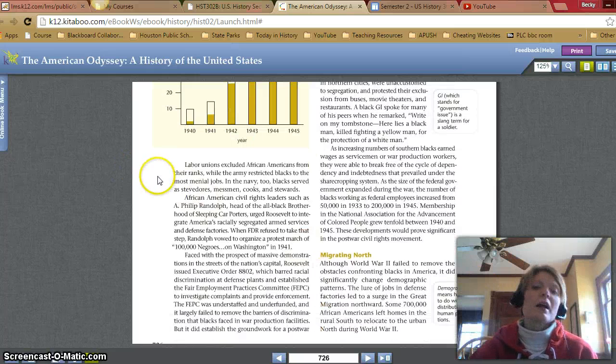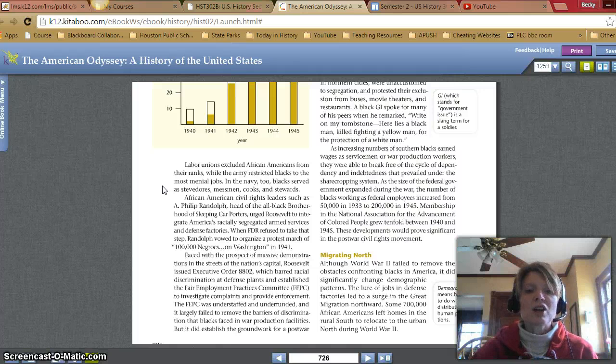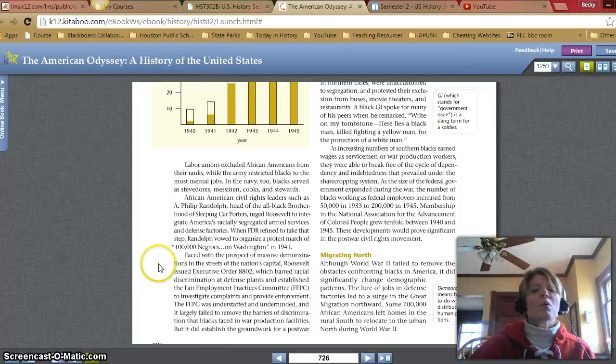Labor unions excluded African Americans from their ranks, while the Army restricted blacks to the most menial jobs. In the Navy, too, blacks served as stevedores, messmen, cooks, and stewards. African American civil rights leaders such as A. Philip Randolph, head of the all-black Brotherhood of Sleeping Car Porters, urged Roosevelt to integrate America's racially segregated armed services and defense factories. When FDR refused to take that step, Randolph vowed to organize a protest march of 100,000 Negroes